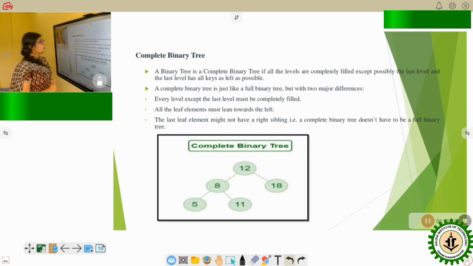Next is complete binary tree. What is a complete binary tree? A binary tree is a complete binary tree if all the levels are completely filled except possibly the last level, and the last level has all keys as left as possible. So what is the complete